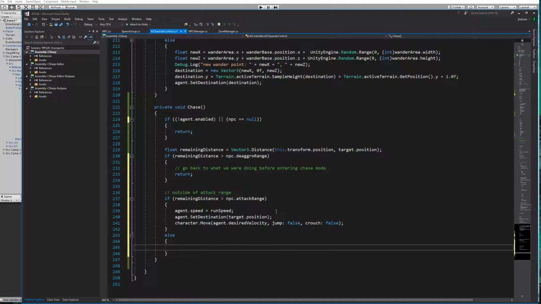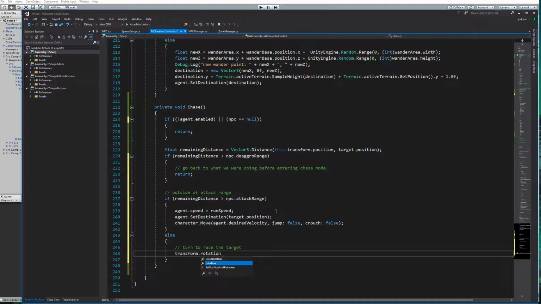And so we will want to turn towards the target and come to a stop. And then part of our chase behavior here is really going to be making the attacks. So let's first of all turn to face the target. The reason is just because we're chasing them, we might not end up directly facing them at the end. We may come in at a side or angle. So let's turn to face that. And that would mean setting